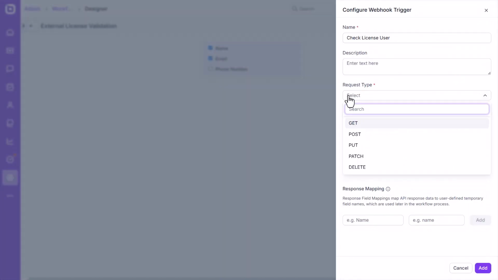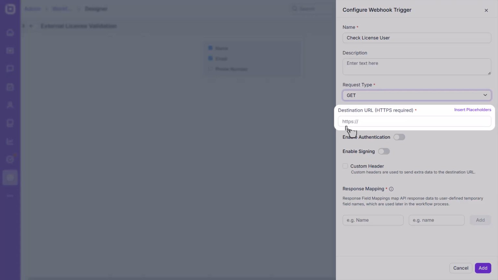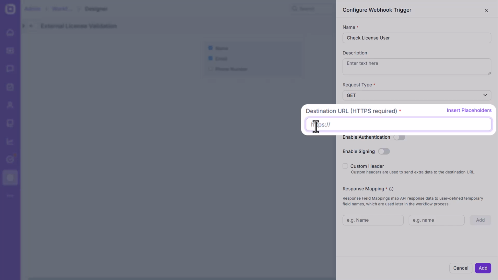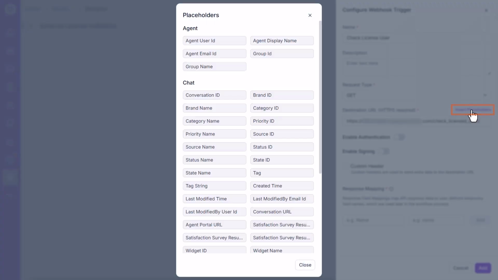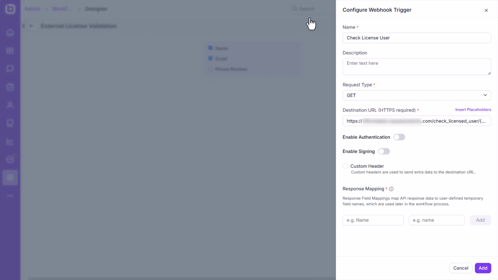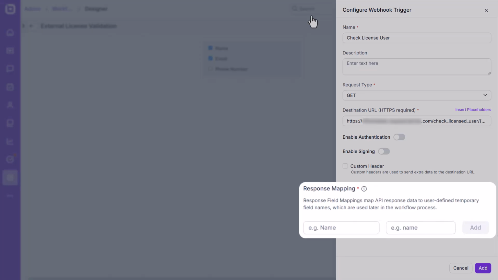For this example, I need to validate an external license, so I set the request type to GET and then specify the destination URL to send the data for validation. You can also insert placeholders related to agent, chat, contact group, and requester in the URL structure using the Insert Placeholder option. Next, you need to configure the response field mappings to map the API response data to user-defined temporary